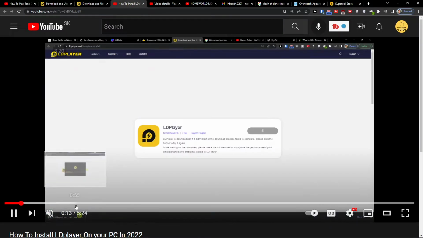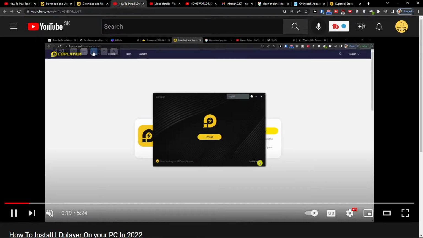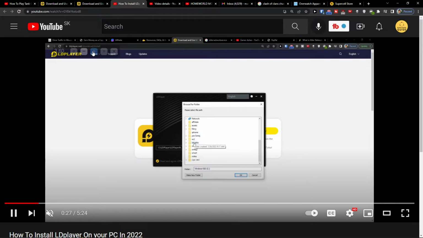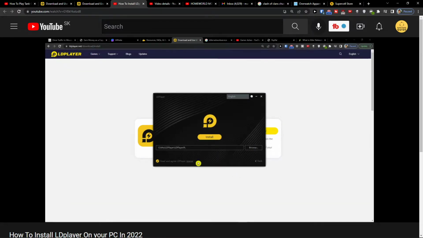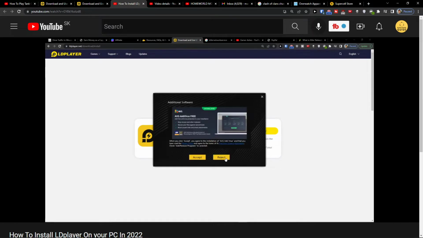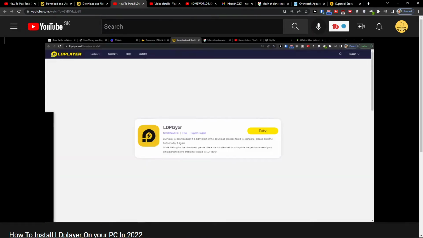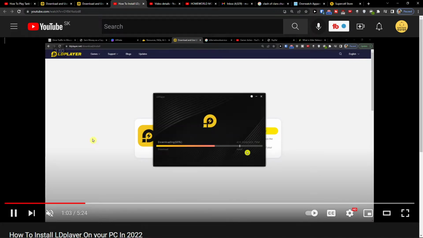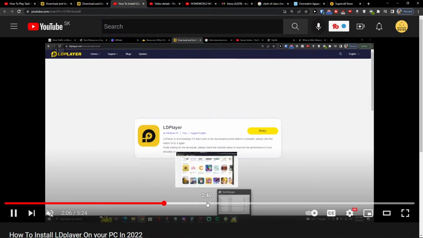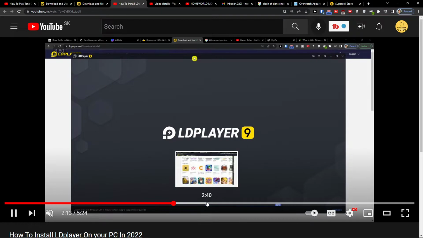So when you click download Ldplayer, you want to open it and install it. And I created an installation video on how to do that. So you're going to open the tool, then choose where you want to install the program, and then press install, and then it's going to do it for you. So here we're going to have the Ldplayer,